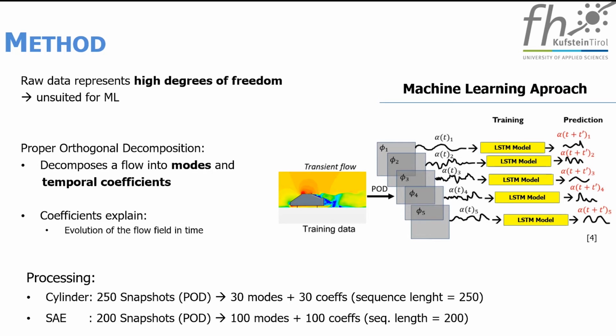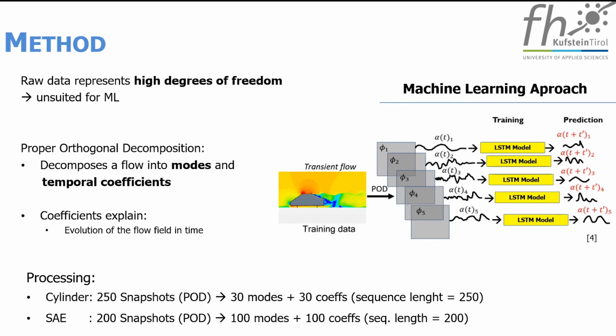And it's just a mixture, actually, of these eigenflow fields that change over time. So in return, what we can do is describe the evolution of a flow field via these temporal coefficients. Think of it again as a picture, and the coefficients tell us how the picture changes over time. And during the processing task, we use the cylinder case, we have exported roughly 250 snapshots of